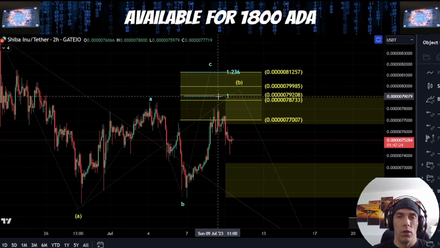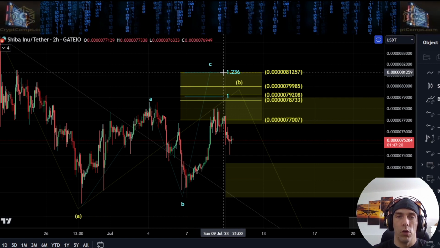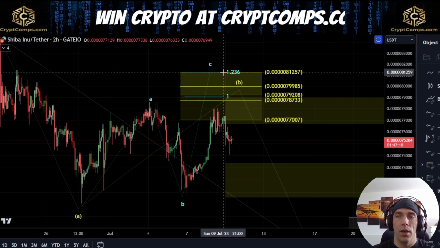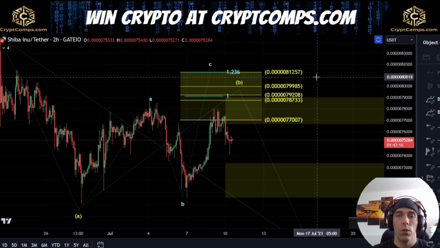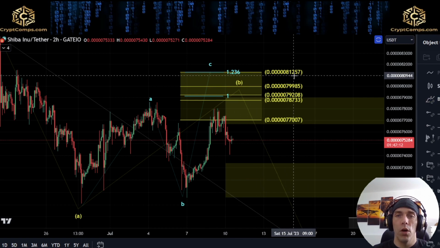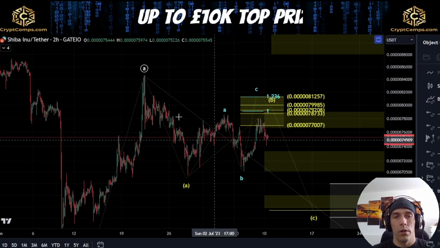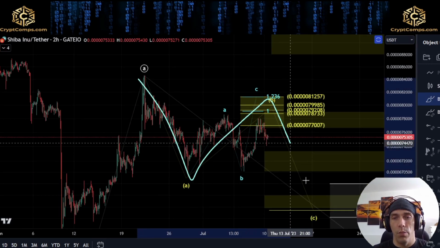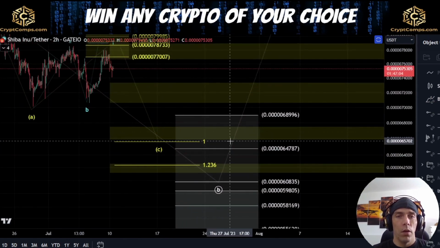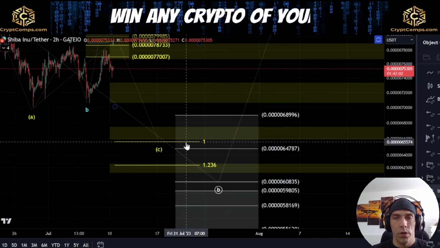Some targets at the 1-to-1 would be this 79079, and then we also do have this 1236, which would be up here towards the 786 level, which would be towards this 81257 as a possible target area. Now, if we do see this, where this is A, B, and we get a C wave down, our 1-to-1 would actually be looking to bring us down to this